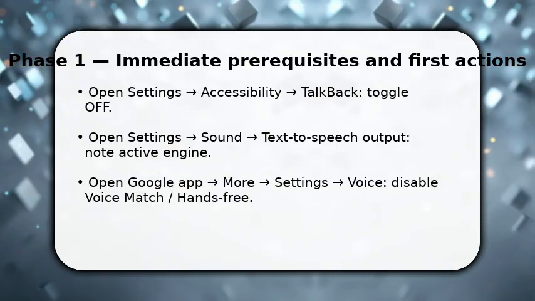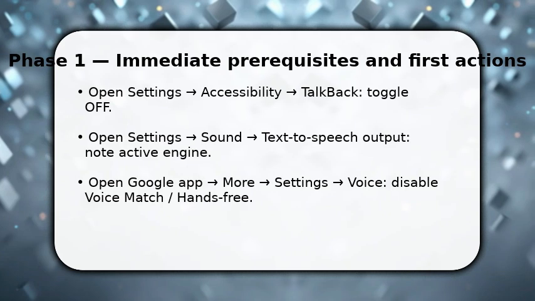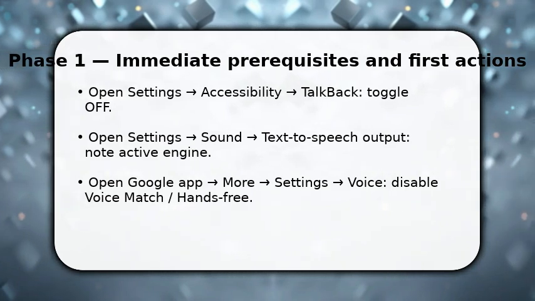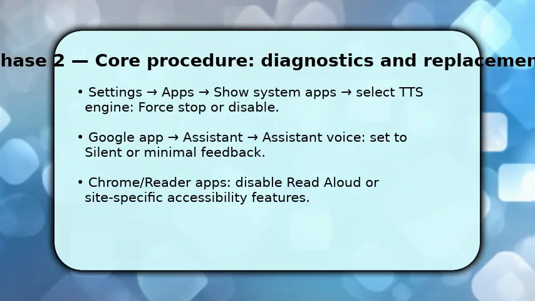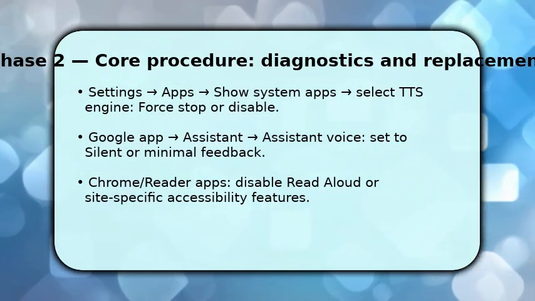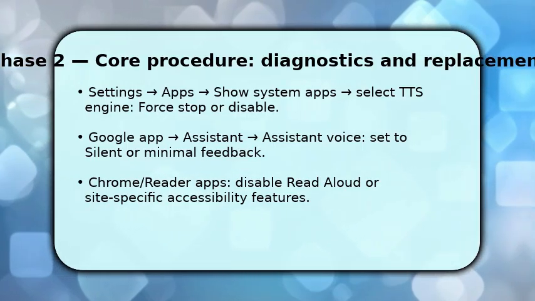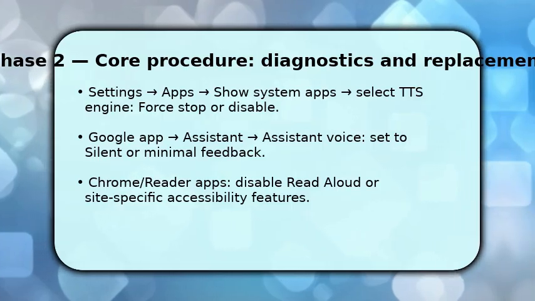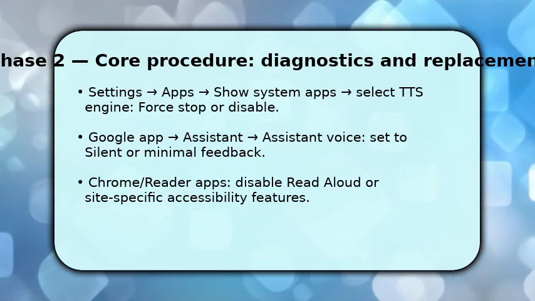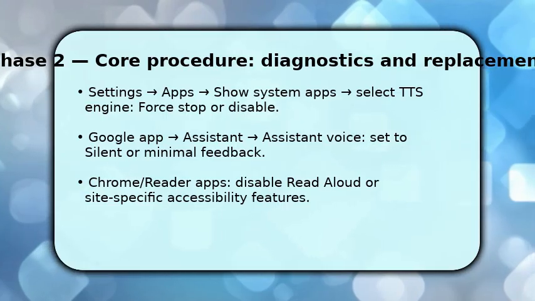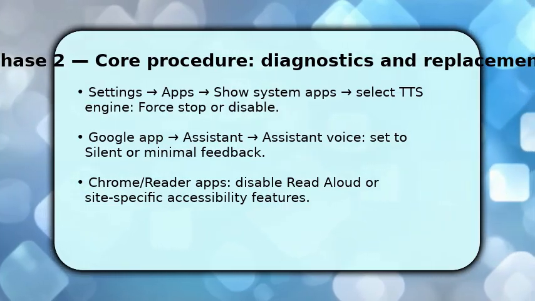won't speak automatically. Next, you stop the system text-to-speech engines and app-level readers that produce speech. Go to Settings, Apps, Show System Apps, find the text-to-speech engine in use, then force stop or disable it. This prevents synthesized audio. Meanwhile, open Google Assistant settings and set assistant voice or response level to silent or minimal